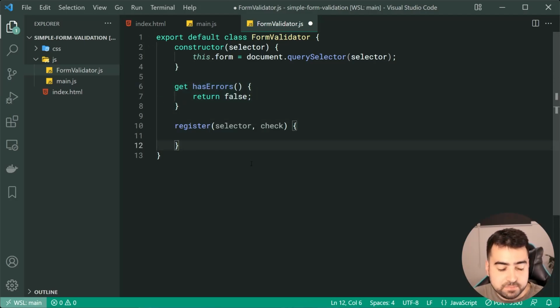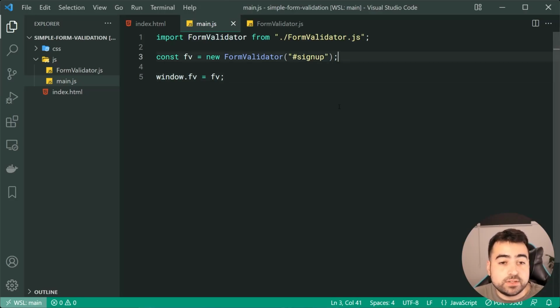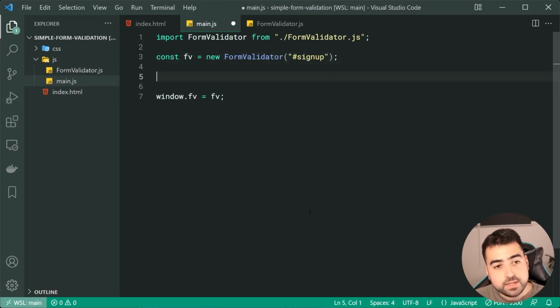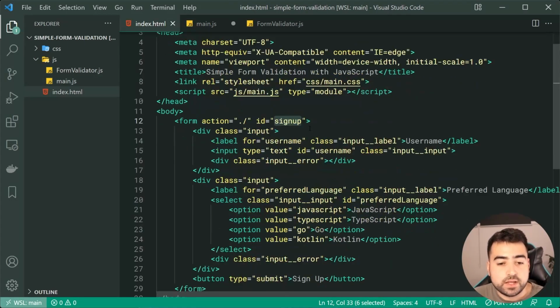So now we can head back inside the main.js and start to take a look at some of the usage for this form validator. Let's say I want to do something like, okay, I've got this username right here. Let's keep it simple. So let's just say here, look, if your username is more than 5 characters, then we cannot